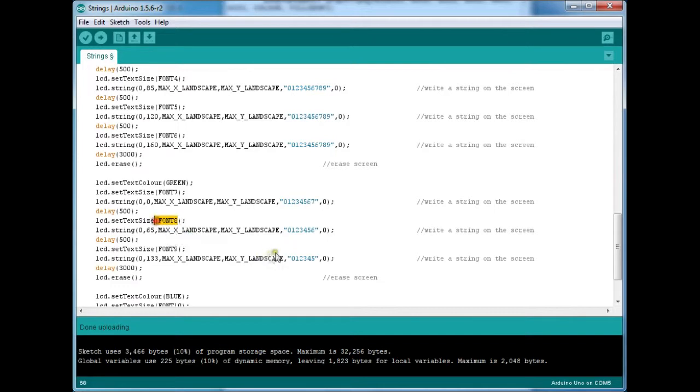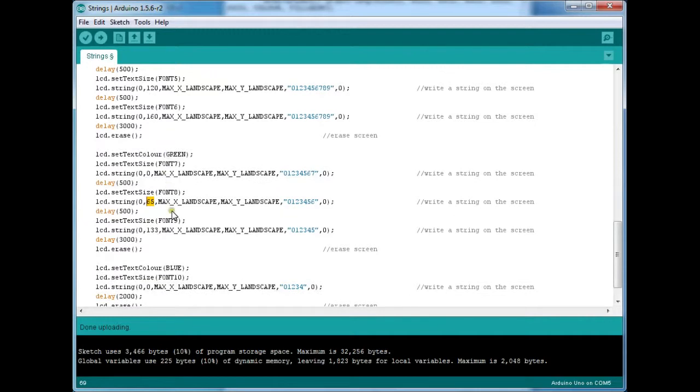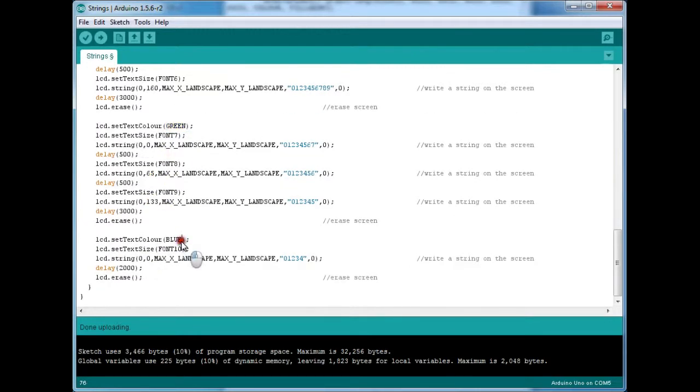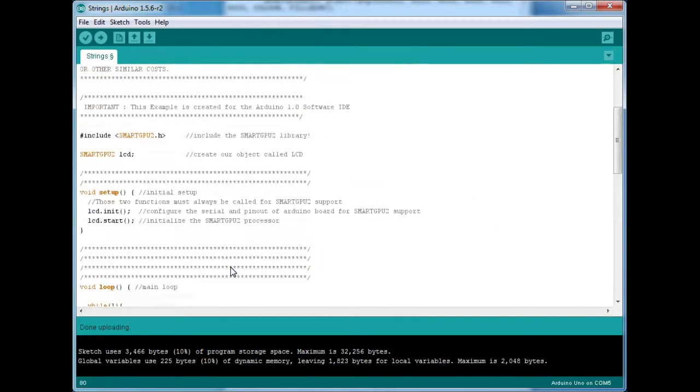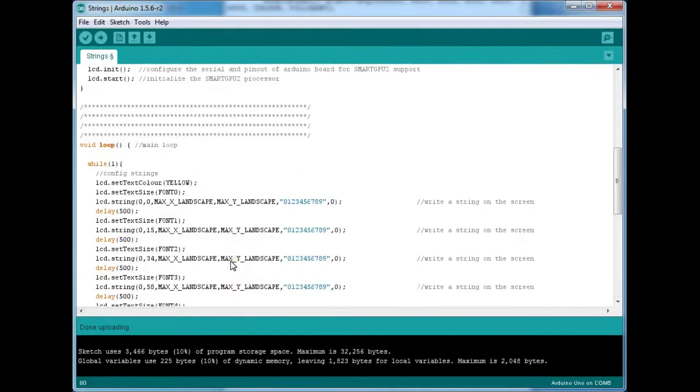Font size 8, 0 to 6, again increasing the y coordinate, printing it on a new line. Now till font 9 we'll be printing in color green, coming to color blue, font size 10, and we'll be only printing 0, 1, 2, 3, 4, giving it a delay of 2 seconds. lcd.erase. Okay, so that's all in your program.